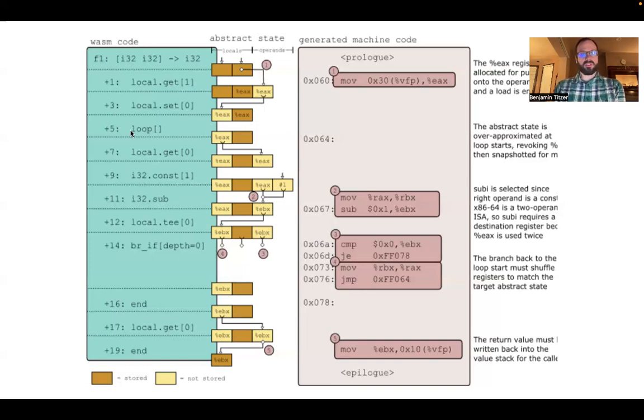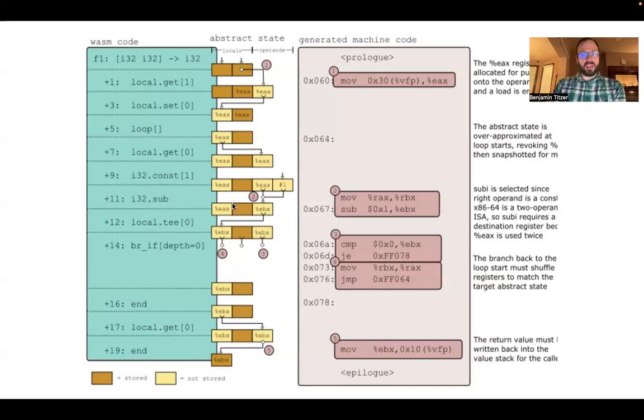I mentioned that loops actually have to be pre-declared in WebAssembly. And since we want to use abstract interpretation without running to a fixed point, we're going to over-approximate the state. That means that there's one slight change from EAX being the register for two things to being just one thing, because the loop has to assume the worst case scenario, which means that something could be modified. Something that was equivalent starting at the loop may not be equivalent coming back, so it can only be in one register. A register can only hold one thing. So that's what that means.